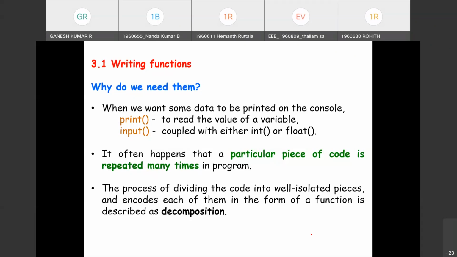So this decomposition continues until we get a set of short, small functions, easy to understand and test. The idea is we need to manage effectively and efficiently. For this purpose, the decomposition is carried out, to make large and complex problems into short pieces that are easy to understand and test.